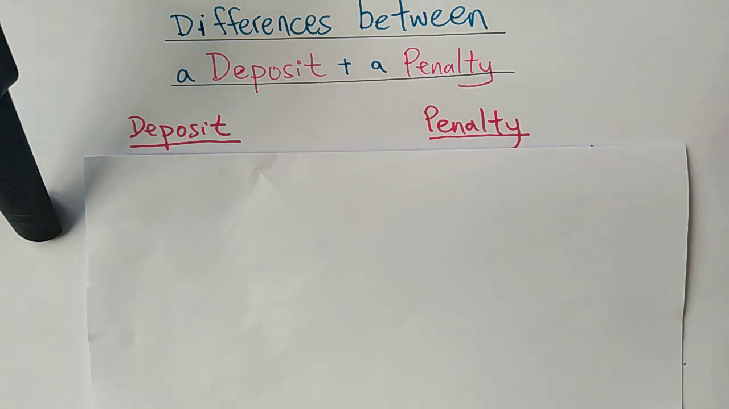Alright, this part is on page 31 of your book under the heading number 6, differences between a deposit and a penalty. Alright, comparing the differences between the deposit and a penalty. We had already discussed what is a deposit, why we need a deposit, what is a penalty, why we need a penalty in a